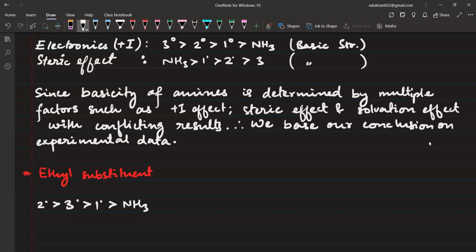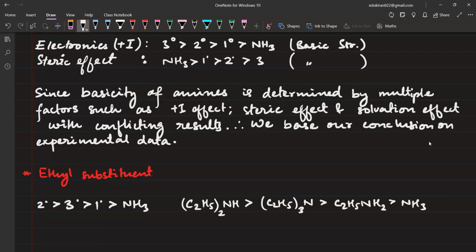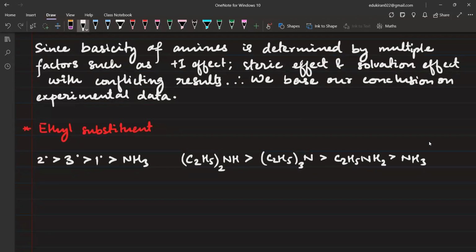So if I am going to write in terms of the formula, then (C2H5)2NH, one hydrogen will be present. In 3 degree also (C2H5)3N, followed by C2H5NH2, that is 1 degree, and then followed by ammonia, that is NH3. Okay, now second is